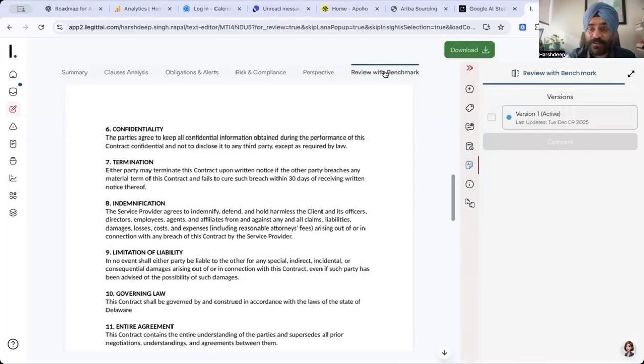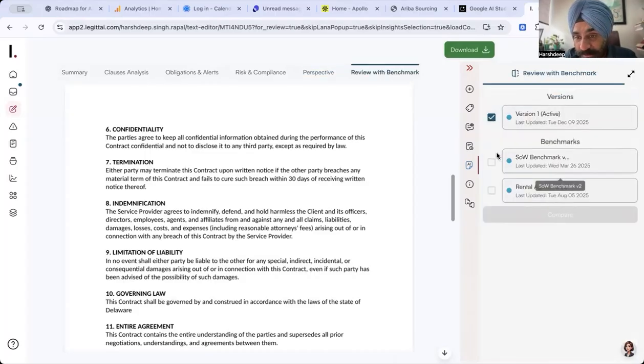Now if you want to compare it with a benchmark, you select it. It'll give you the benchmark contracts that you have uploaded. Select one of them, compare, and it'll give you the comparison between the two. So what we did earlier was the clause comparison. Now it is at the contract level. So clauses you can compare with the clauses that you have in the clause libraries. Contract overall you can compare with the benchmark contracts, or you might have approved or standard templates that you want